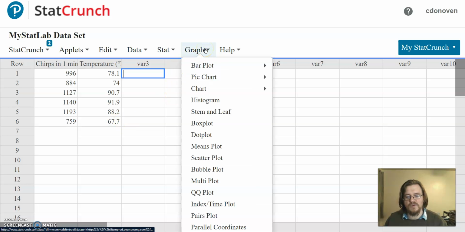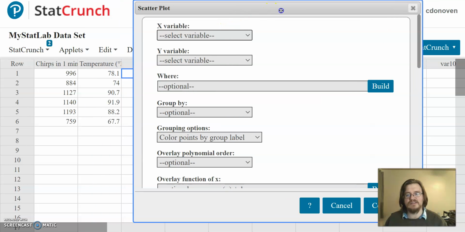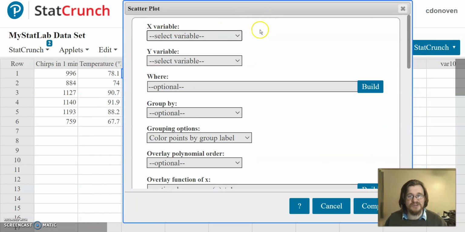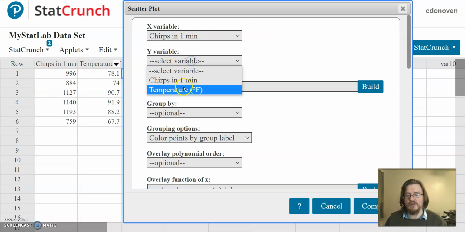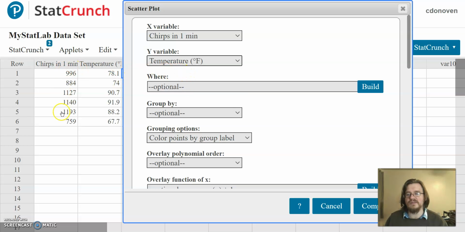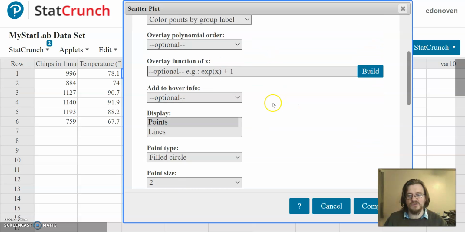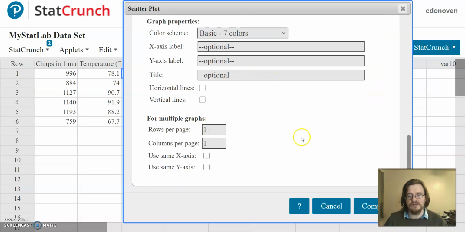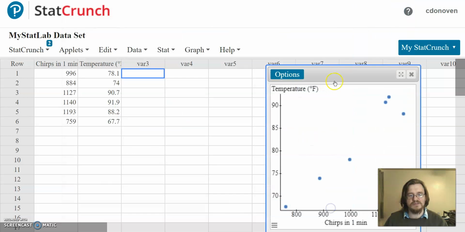So I think one nice thing to do first, if we come over to graph, is plot the scatter plot for this data, so that we can see, is it actually a line, or does it not even look like a line? So our x value is just going to be the number of chirps in 1 minute, and our y value is going to be the temperature. So we would like the chirps to be the independent variable, the temperature the dependent variable, so that if I give you how many times the crickets are chirping in a minute, you can figure out the temperature. I'm not going to change any of the other options here, and I'll click compute, and we